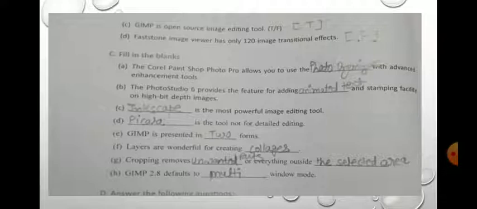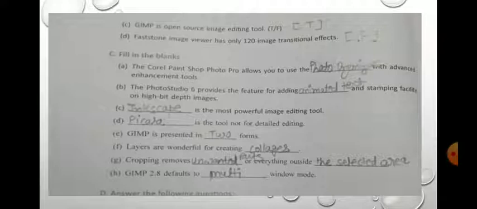Answer is animated text. The Photo Studio 6 provides the feature for adding animated text and stamping facility on high bit depth images.